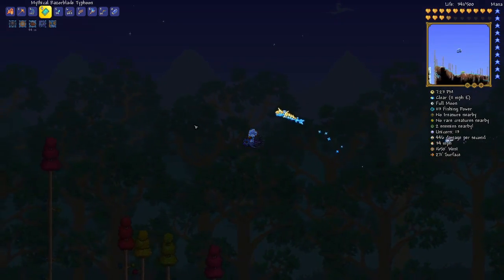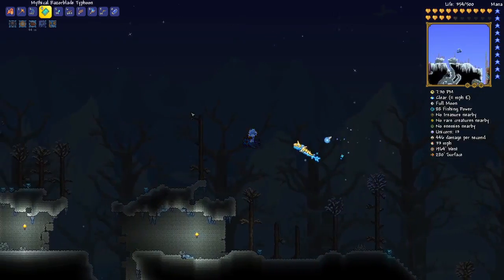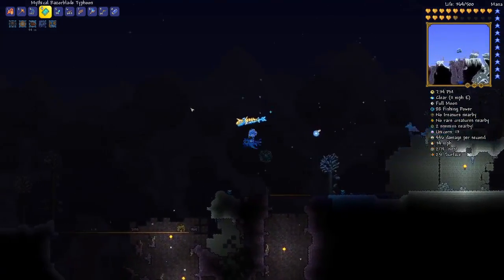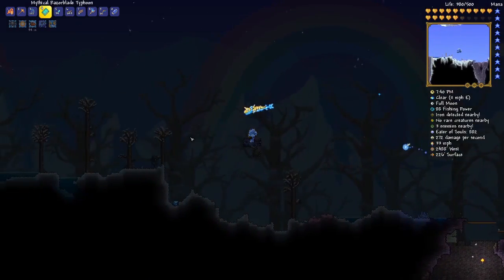Campfire to give me a little bit of HP regen, 0.5 HP regen. Heart Lanterns give me 1 HP regen, which gives me a total of 1.5 HP regen. Probably plant some sunflowers for a little bit of movement speed, I guess. Not that we need movement speed, because we're kind of going to be standing still-ish. I don't know. I haven't decided yet exactly how I'm going to...